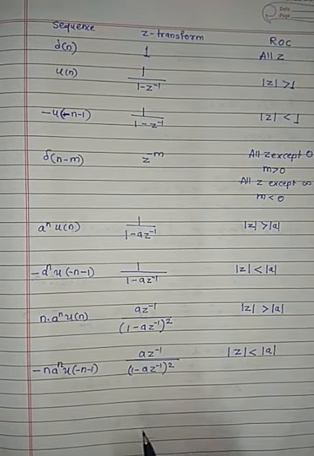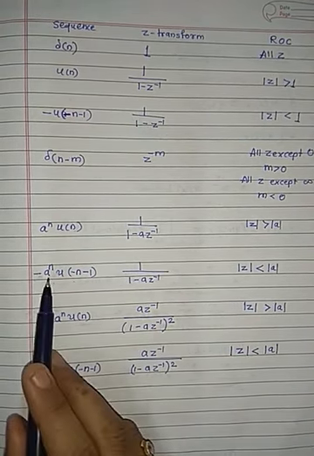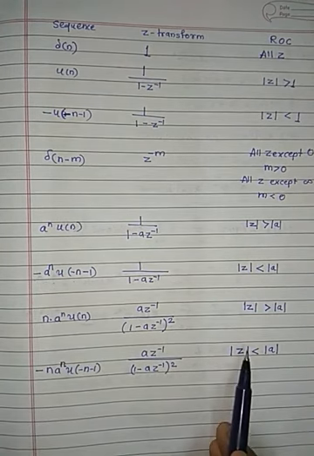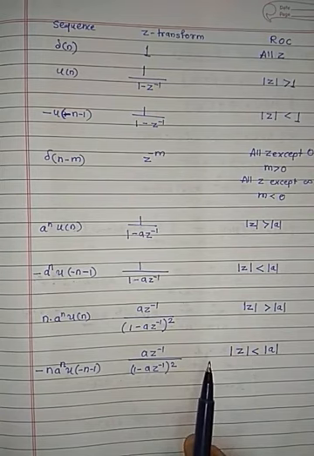Okay, so in this way we can find out the Z transform of different sequences. Here the values of a will change every time, and accordingly the region of convergence. Okay, so with the help of these few common Z transform pairs, we can solve for the Z transform of different sequences. Okay, I hope these sessions will be helpful for your further studies of Z transform.